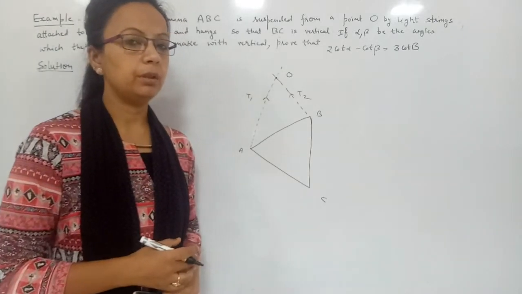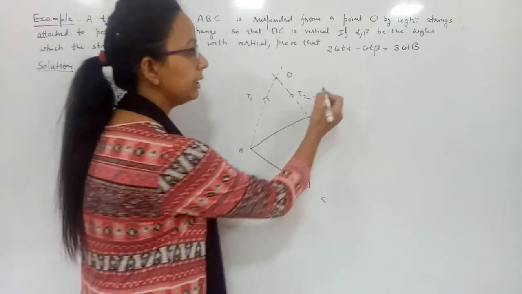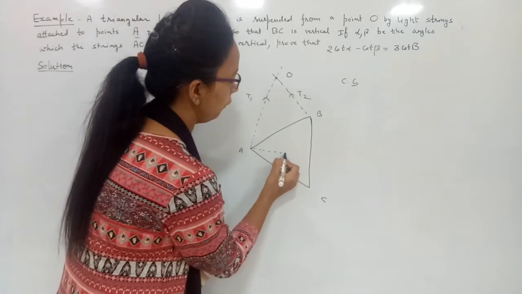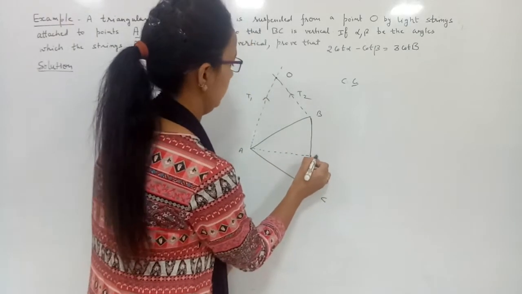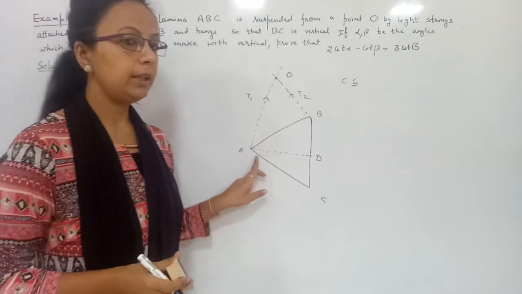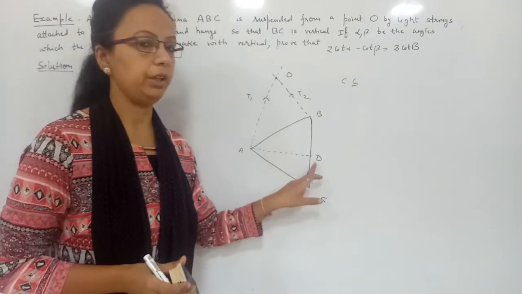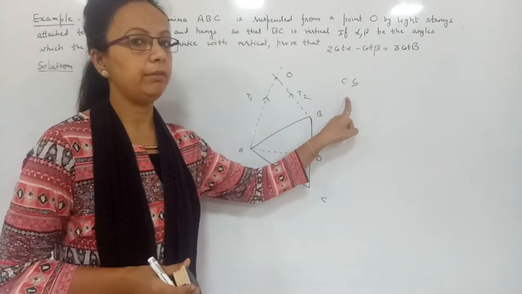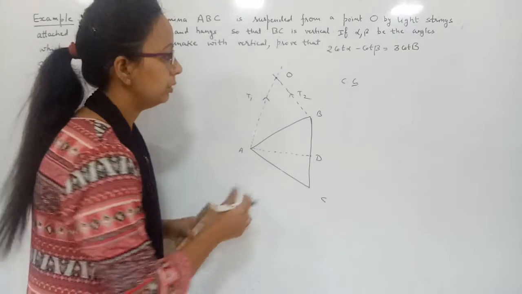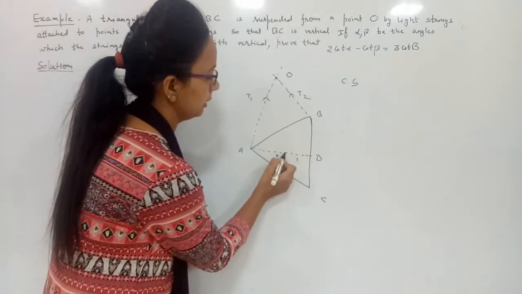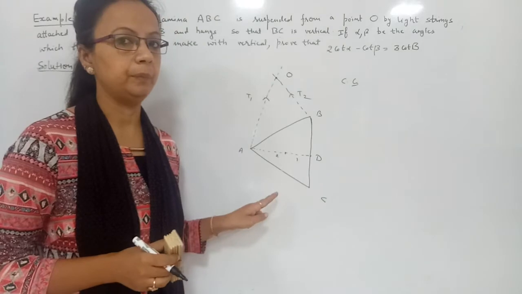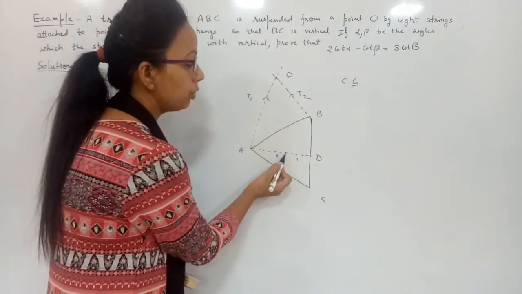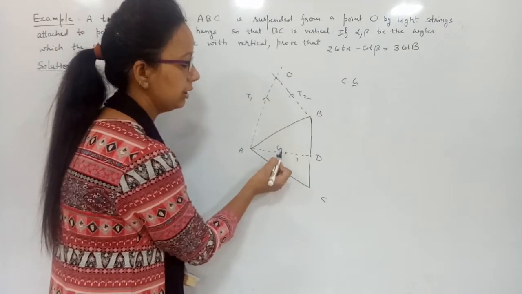We know for a triangle, the center of gravity lies on the median of the triangle. D is a point; I have drawn the median of the triangle. Median means D is the middle point. And the center of gravity of a triangle divides the median in 2:1. This we have to remember. Center of gravity means where the weight acts. So we'll draw the weight at this point, say G.